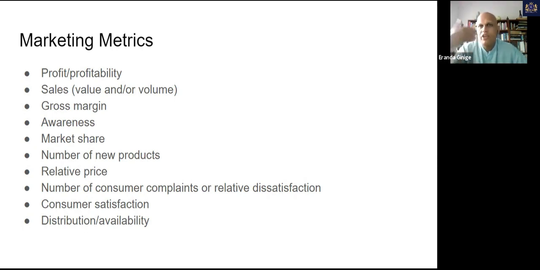Again, another metric is the number of new products, and this has to do with innovation. One of the marketing strategies that a company can take is to be very innovative and introduce products very